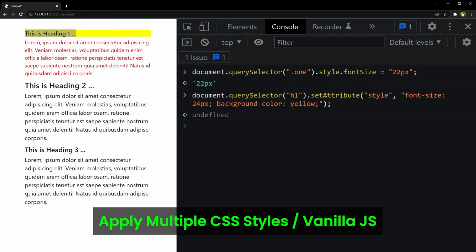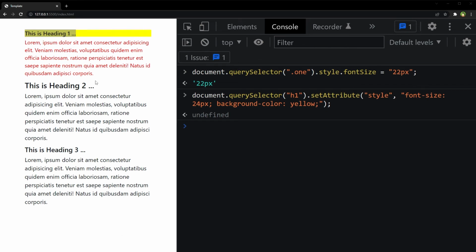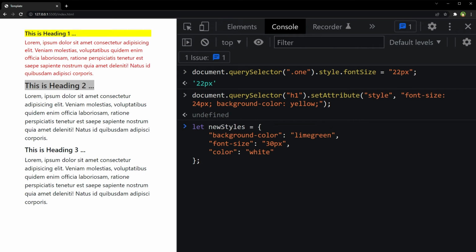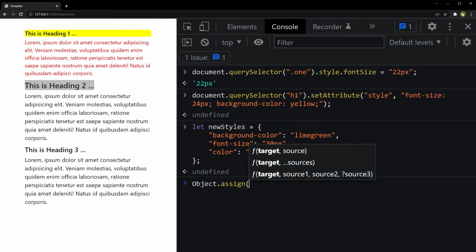There is also a very cool way to set multiple styles to an element in JavaScript. Let's change this heading 2. First, we will declare an object. Let newStyles, and here are our styles. Key values separated by commas. For keys, we have used double quotes. So enter. Now we will use Object.assign.